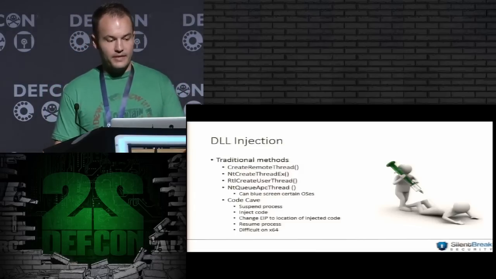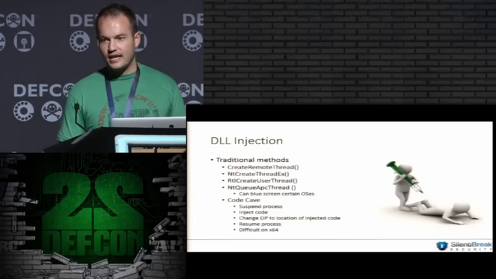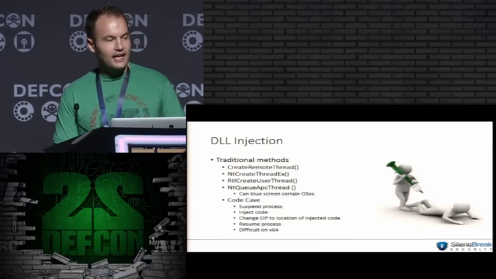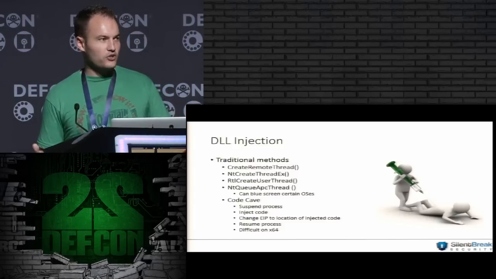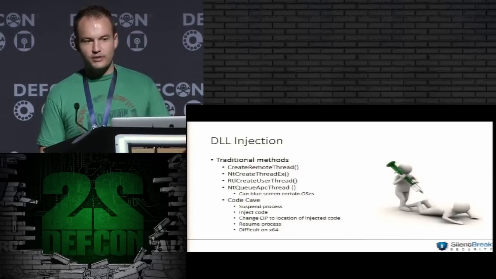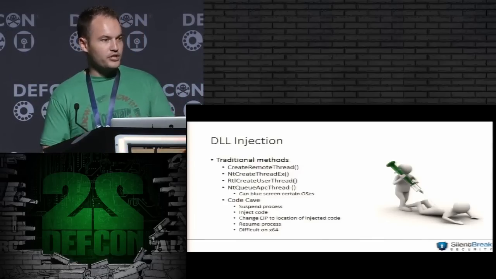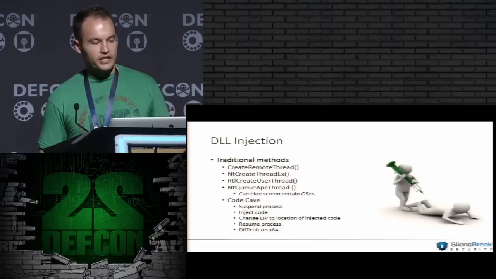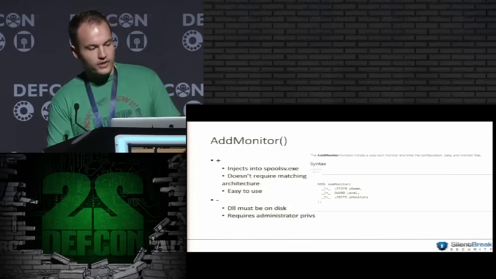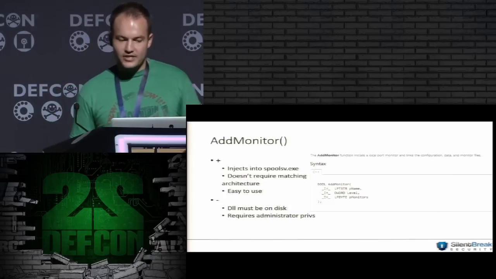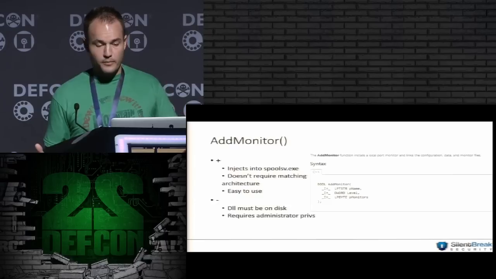And then at the bottom you have NtQueueApcThread, which can actually blue screen certain OSs, I think particularly Windows Server 2008. And then, for the really elite stuff, you can do code caving, which is also known as the Nebbett shuttle technique, but it's extremely difficult to do on 64-bit Windows. So, wouldn't it be nice to have another option, besides 1 that's documented and 3 that have very little support by Microsoft? The new one that I found is called AddMonitor, and it's actually a port monitor. It's used to install a port monitor for a printer.